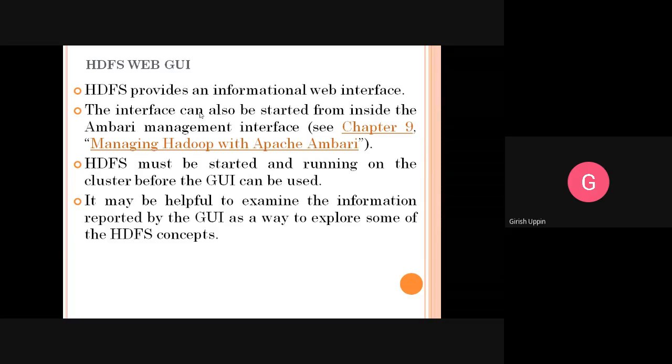Yesterday I showed you Ambari, from where we can see the complete ecosystem of your HDFS, and you can also do some actions. You can manage some things from that particular GUI, provided you have logged in with a user ID that has admin privilege. Then you will be able to carry out actions like starting the node, stopping the node, restarting, let us say, data node, journal node. That kind of operations can be performed using the HDFS web GUI.